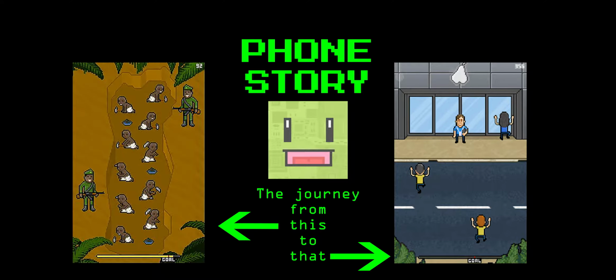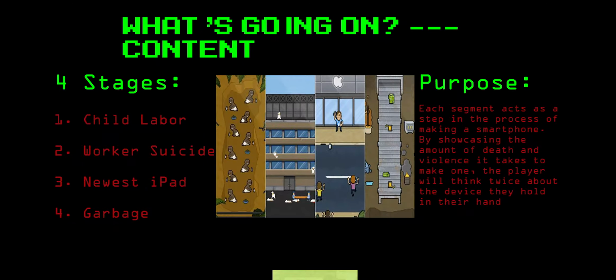Phone Story: The Journey from This to That. A mobile game developed by Mole Industria. It provides the user with 4 short minigames chronicling the life cycle of the very smartphone they're using to play